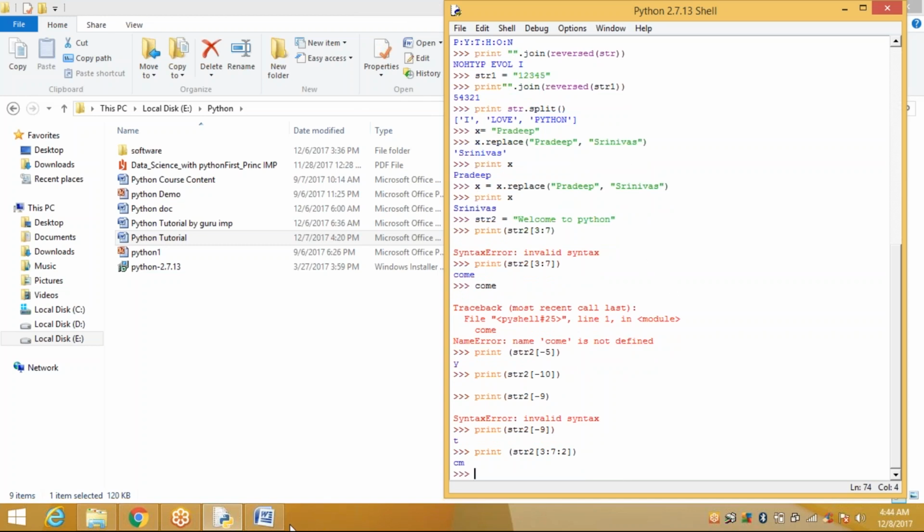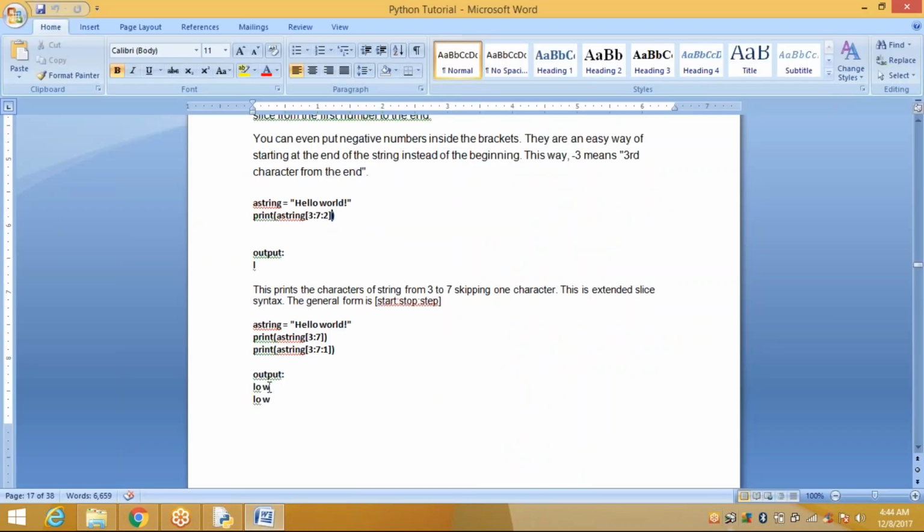That means, see here, this prints the characters of the string from 3 to 7, skipping one character. What does it display? Skipping one character.